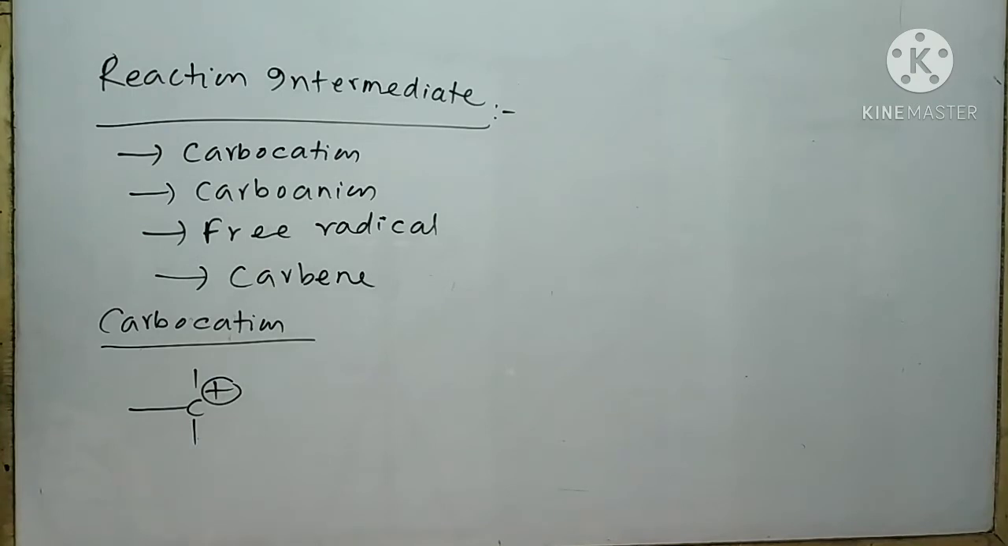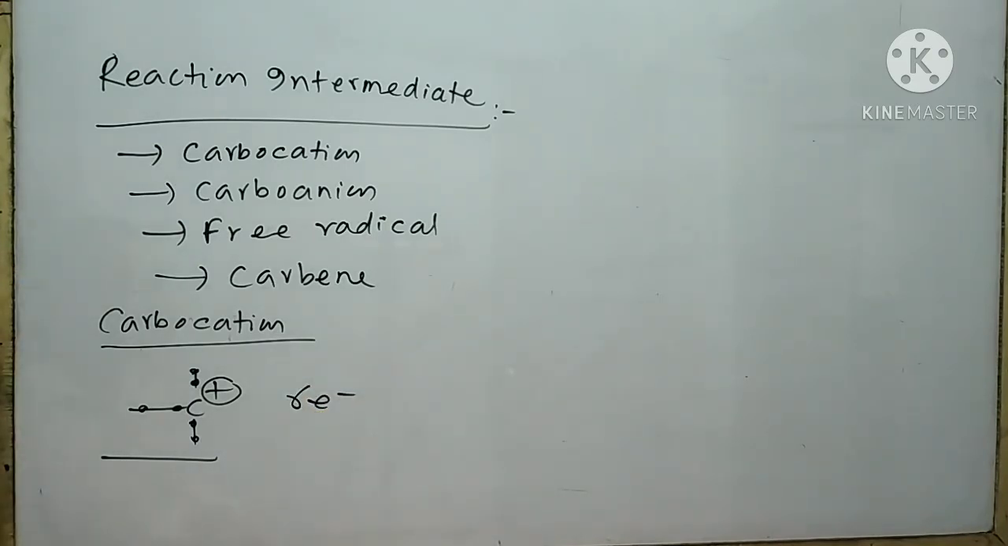This is the representation of a carbocation. Look at that. Here 6 electrons are present like this. Here the carbocation contains a positively charged carbon. So we can define carbocation like this: it is defined as a group of atoms which contain a positively charged carbon atom having only 6 electrons in its